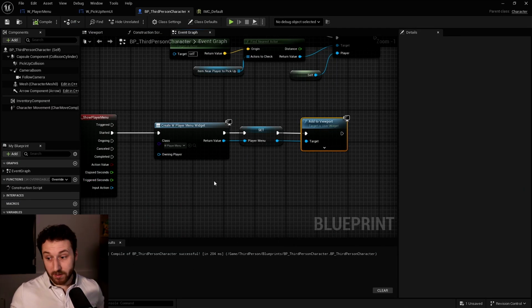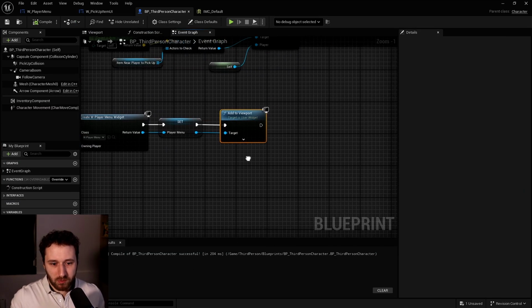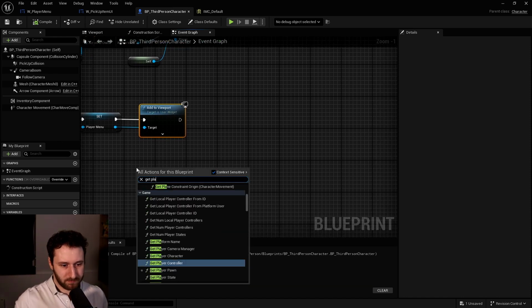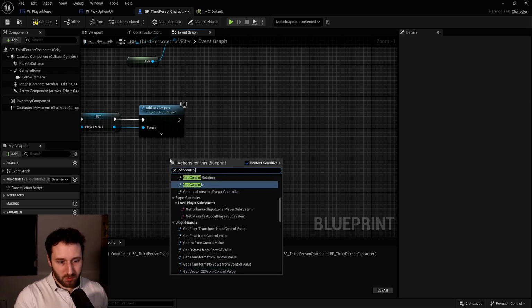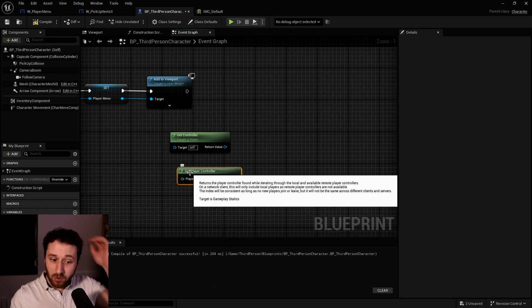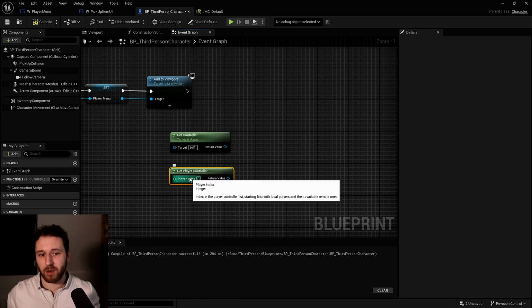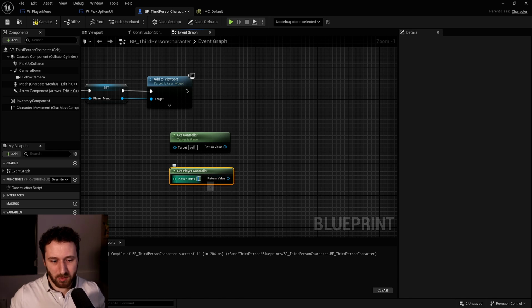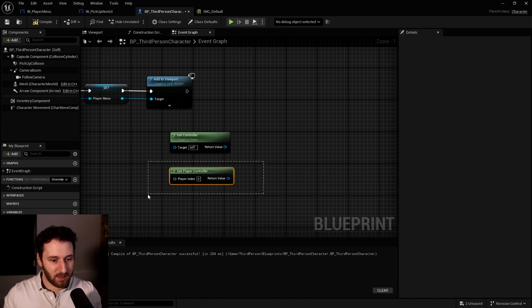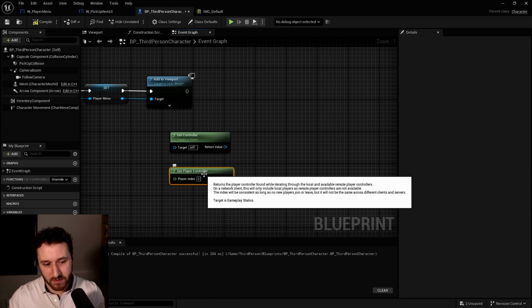One thing that we need to do, we'll go back in our player character, and when we add the widget to the viewport, we need to get the player controller. Not this one, get controller. Because get player controller can actually get any player controller in the world. If you are in multiplayer, this one will not work because it will get player index 0, which will be the first player in the server. So from another character, if you access that player controller, you will get crazy results. So don't use this get player controller, only if you have a single player game.